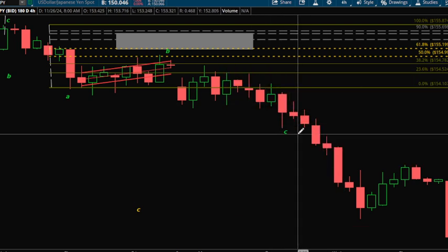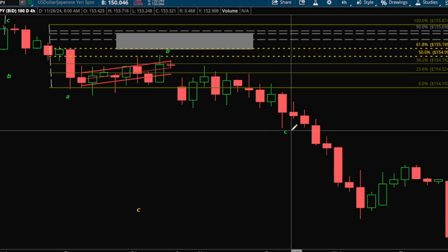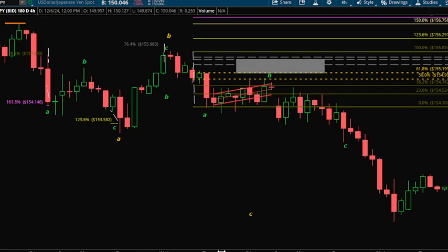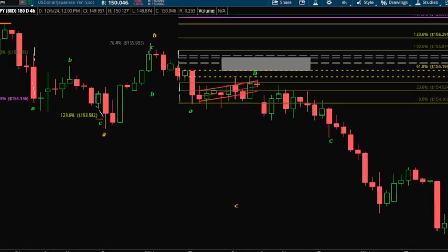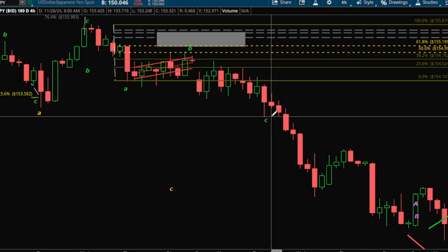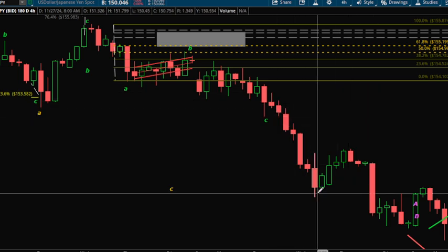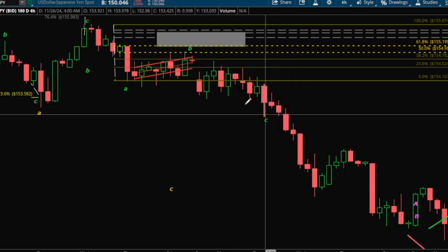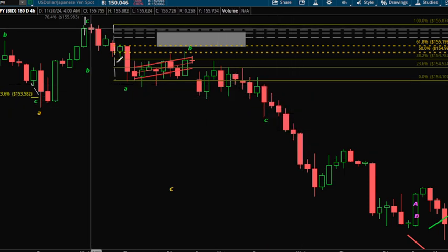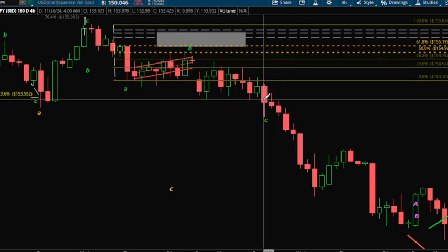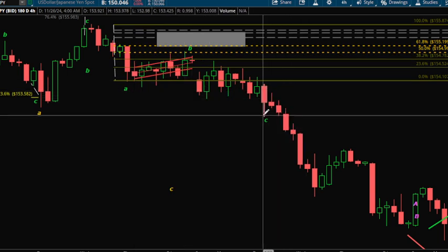All right, so now we have a final leg, but this is why I'm doing this, because even though we've found our C leg, it continued down further. Okay, so this right here is what's called an extension. So if I measure, and again, you wouldn't know until you subdivide this,